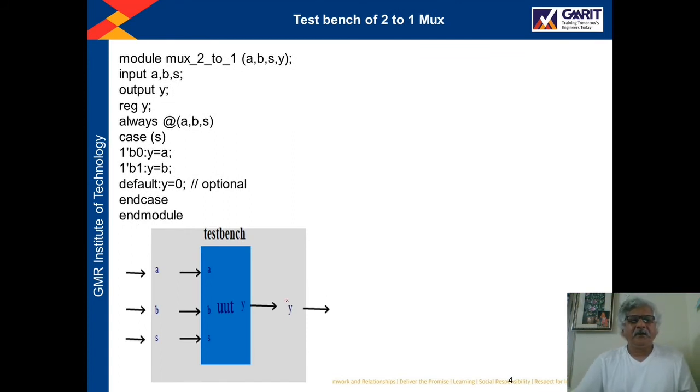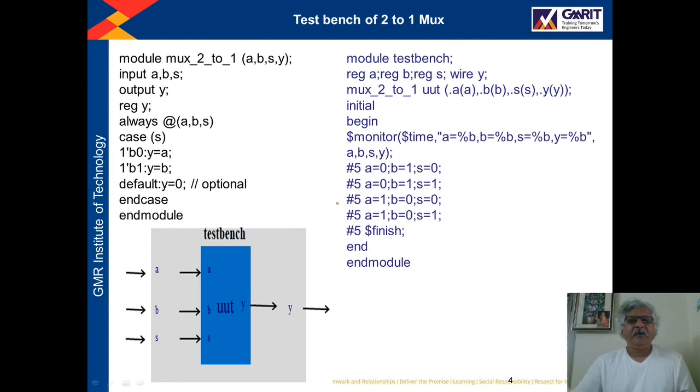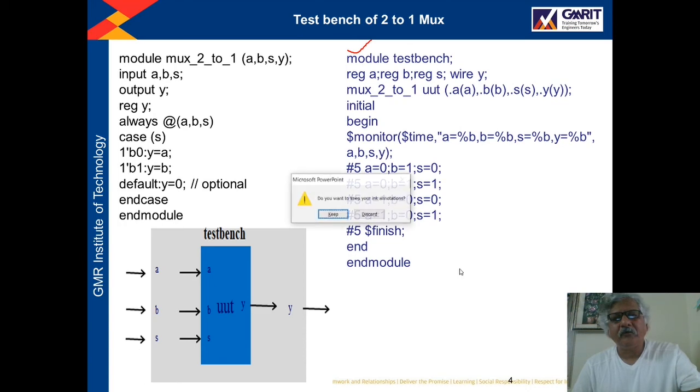So now this is the test bench. Already we have written this test bench when we wrote the Verilog module for 2 to 1 multiplexer using if else statement. So the same test bench I am using here. We already had a discussion about this test bench earlier. Now I will show you the demonstration for this particular module.